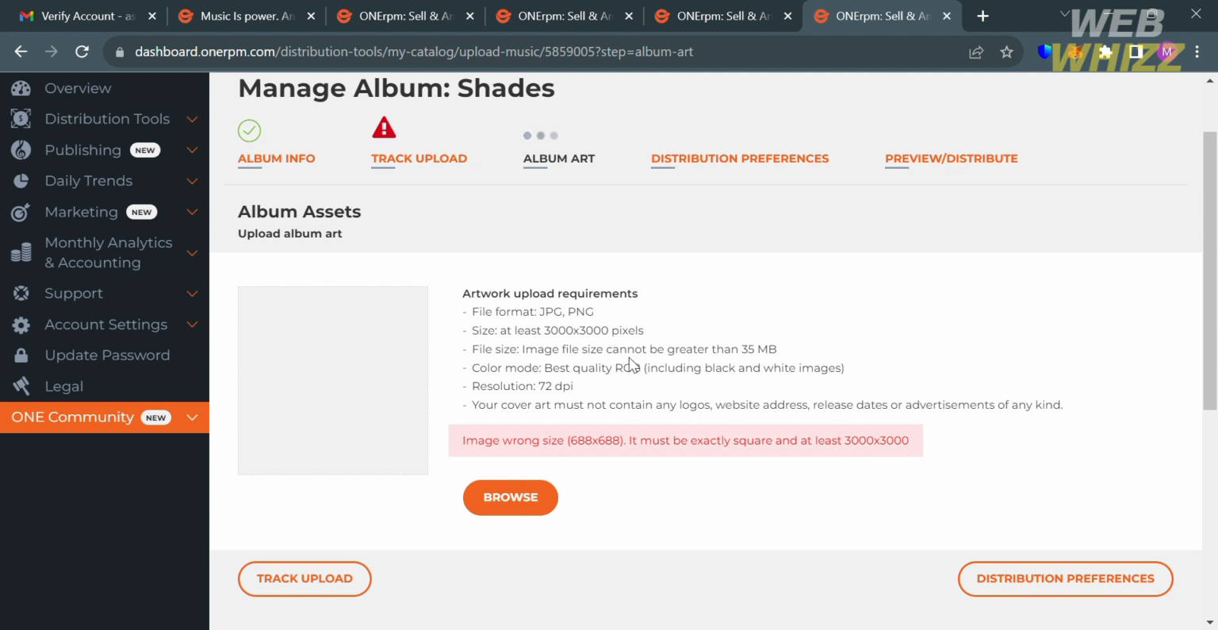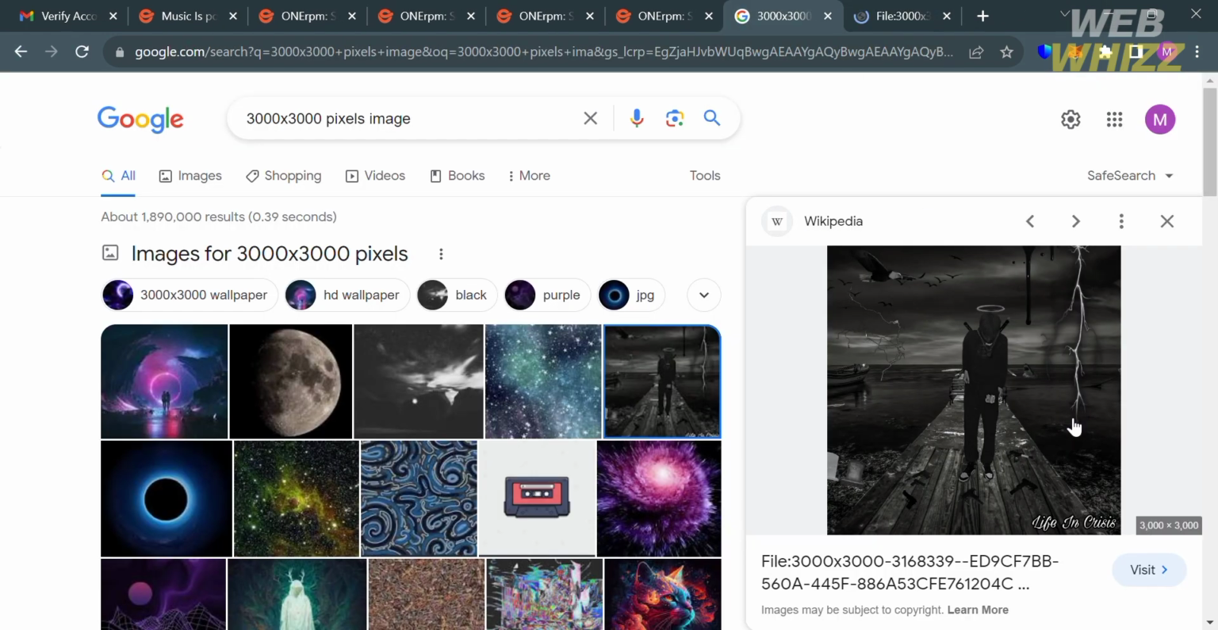And also the color mode, the best quality is RGB, including black and white images, while the resolution is 72 dpi, and your cover art must not contain any logos, website address, release dates, or advertisement of any kind. And in this case, since I don't have any kind of these requirements on my computer files, I'm just going to look on Google. So for example, I'm just going to choose this one,